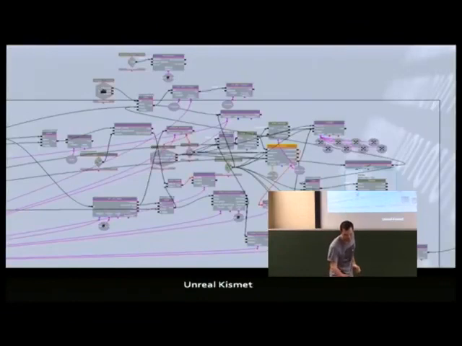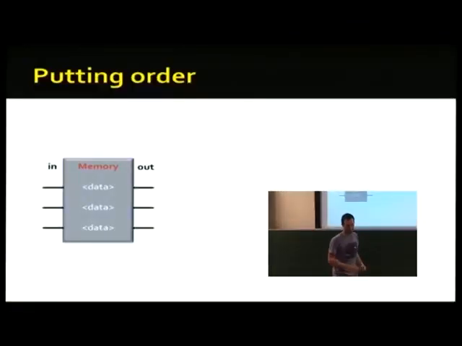So we tried to think about how we can change that. How can we put some order into this visual craziness? The basic idea is taking the memory out of the blocks. Currently in most systems, each of those blocks might have its own memory, something that might change at any particular time. The idea is to take all that out and centralize it into one big memory component. So this memory has a bunch of slots. These are data slots.